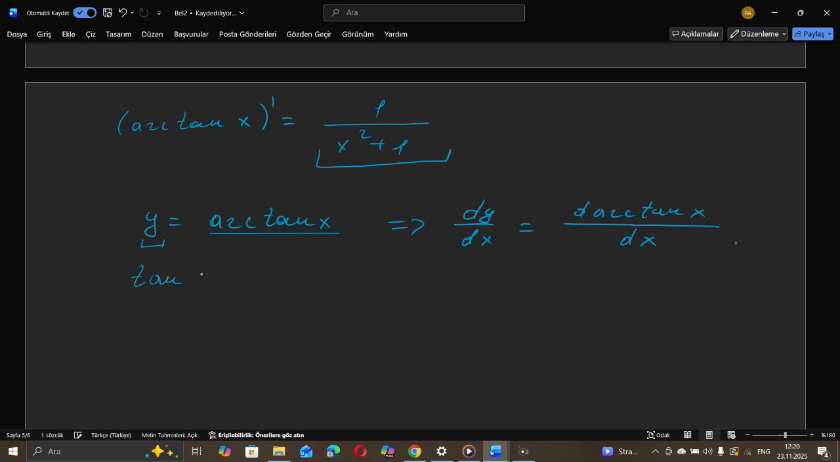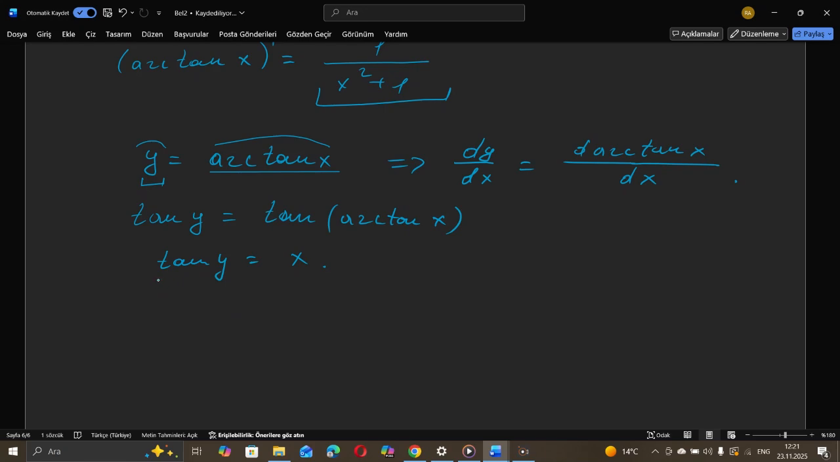Let's take the tangent of both sides of our function. Tangent y is equal to tangent of arctangent x, okay? And tangent y is equal to just x here, right? So let's find the derivative of this function with respect to y, okay? We know how to find the derivative of tangent functions. So 1 divided by cosine squared y is equal to